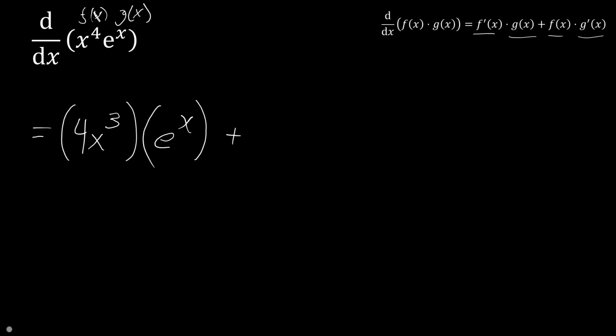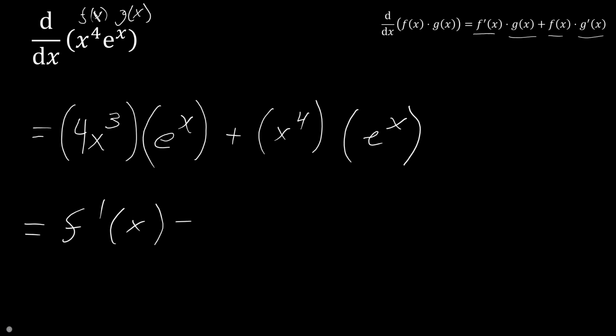And then, take leave plus leave take. So it's just x to the fourth times take. And the derivative of e to the x, if you haven't learned this yet, is just e to the x. It's the same thing. So when we go to simplify, it's just f prime of x is equal to